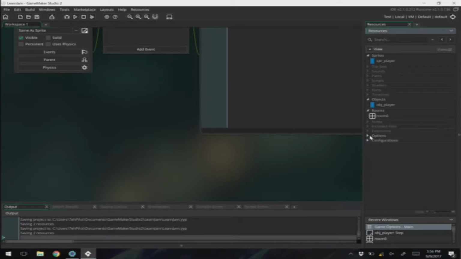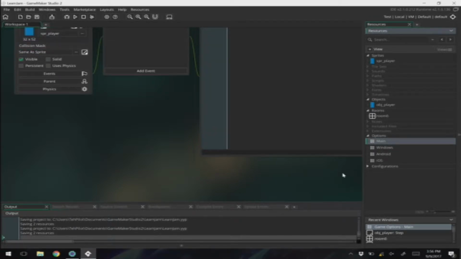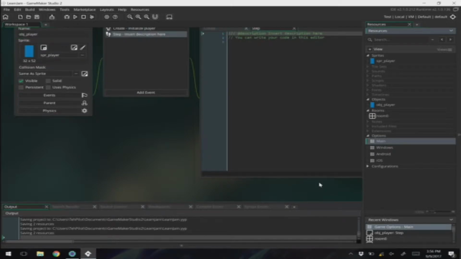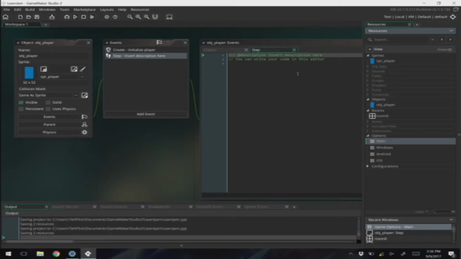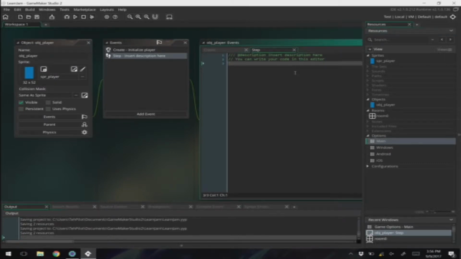In Options, and then you might need to click this thing to uncollapse that Main, and then the number that says 30, change it to 60 and press OK. That's all I just did. If you're in GameMaker 1, don't worry about it. Pretty much, yeah. Sorry, so in Step, I'm going to write